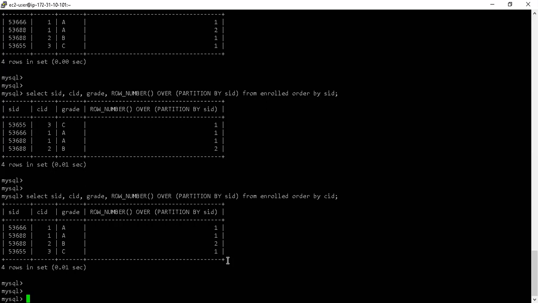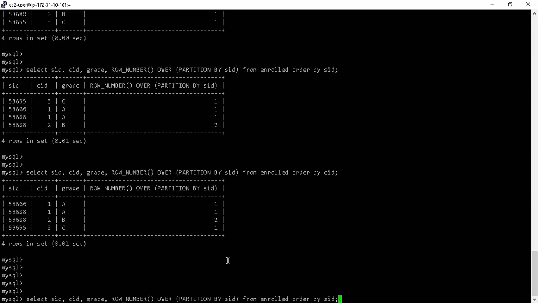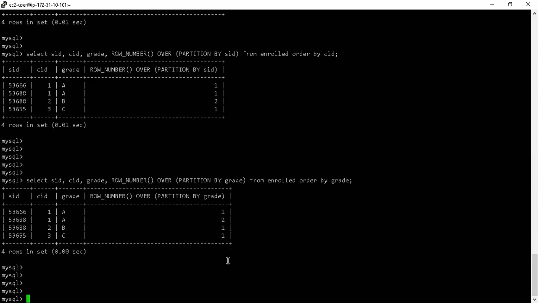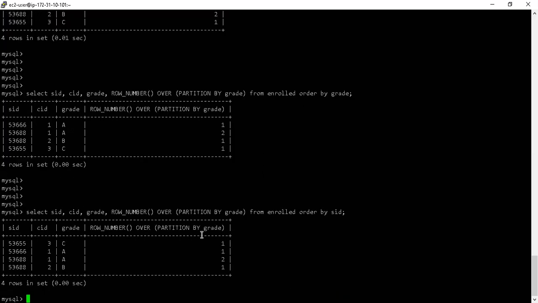Nothing more, right? So I think you have understood what is happening over here. Let me take a final example using grade. Okay, what it is doing with the grade. If I look at a cluster like this, I'm going to order this using student ID.